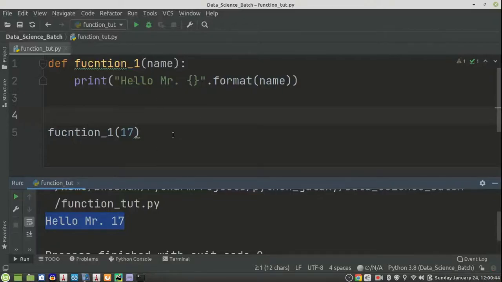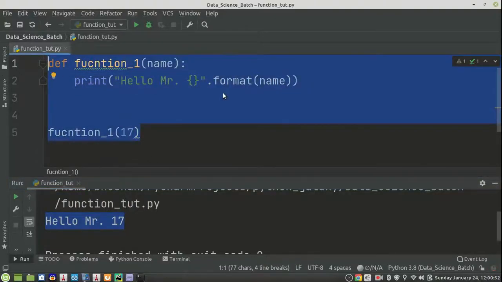Now we have one more special function in Python, and its name is the anonymous function, meaning the function without a name. So how to make this function?